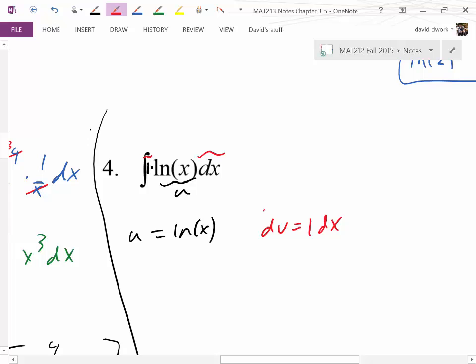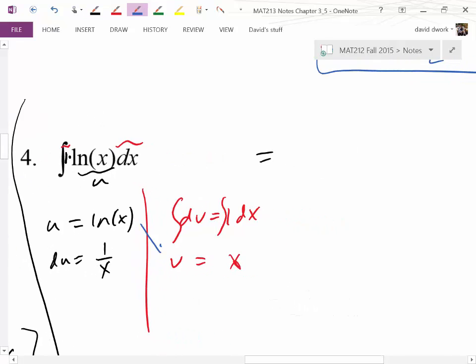So therefore, I'm going to integrate that and take the derivative of the other part. So here, the derivative of natural log is 1 over x. The integral of this would just be v, which is equal to, now, what's the integral of 1 dx? Well, if 1 is the answer, then the question was x, because the derivative of x is 1. And here we go. This is equal to my diagonal, which is x ln of x minus the integral of,